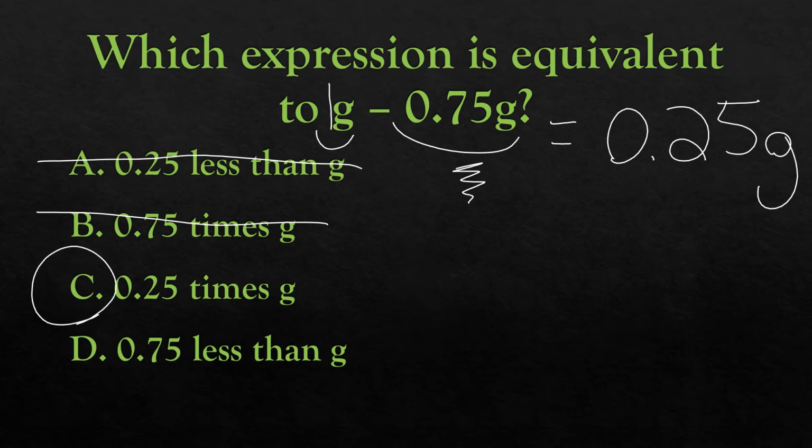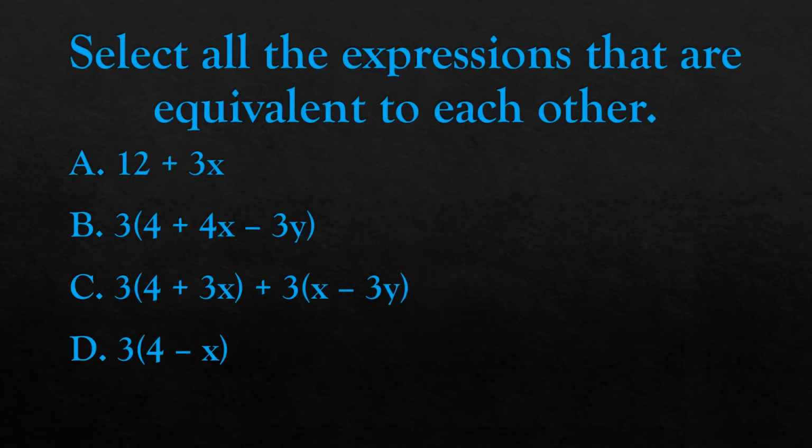C is our answer, okay? Remember, when you have that number in front of the letter and no symbol in between, that automatically means multiplication. That means times, okay? Must remember that. Very good. Next question. This question says we're going to select all the expressions that are equivalent to